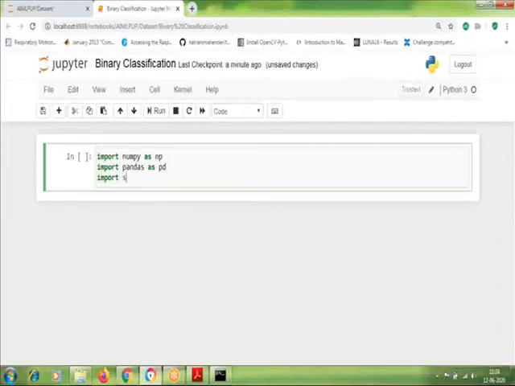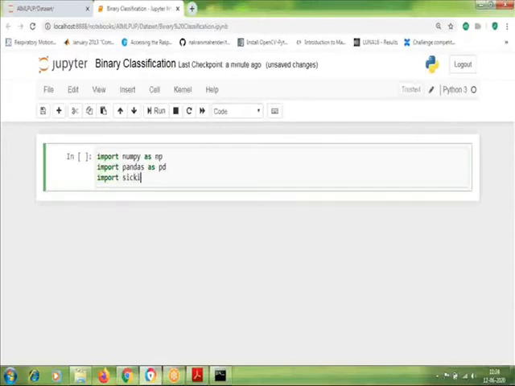The scikit-learn library is imported by the name sklearn. You can remember yesterday while installing scikit-learn, we gave the name as scikit-learn. But while importing, we cannot use scikit-learn; that is completely wrong.